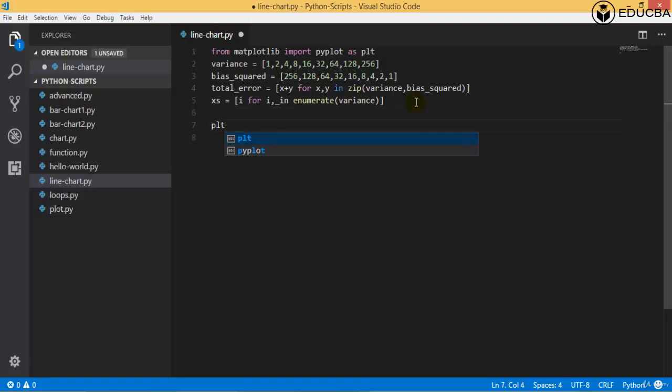It will be done as plt.plot, and I'll take xs as the x-axis, variance as my y-axis, specifying the color. For green it is small g, and the label which I want to specify will be based on the y-axis. So my label will be variance. In a similar way, I'll do it for the other things, that is the bias squared and total error, which is calculated. So I'll say plt.plot